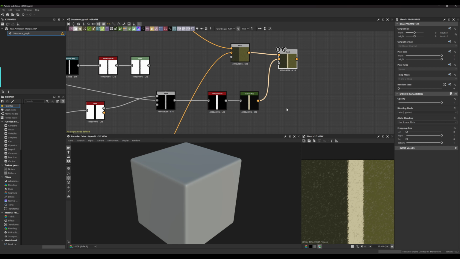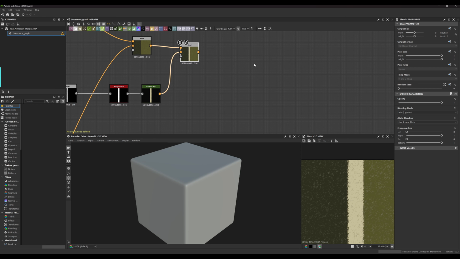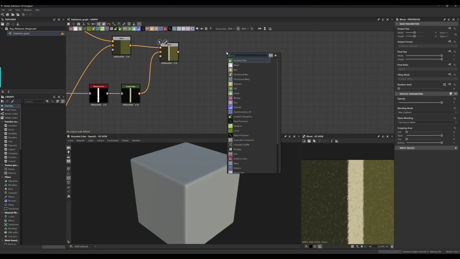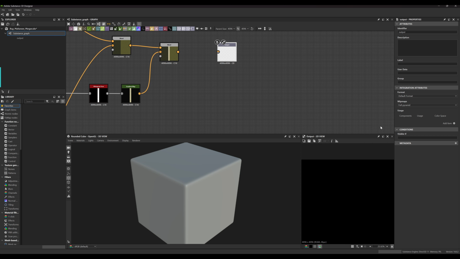we are going to, in order for us to be able to export any texture out of Substance Designer, you need an output. So what I'm going to be doing now is just dropping some output nodes here, and I can specify what kind of output each node is going to output. So if I do output here, I just come down here and select it, and you can add an item here, and